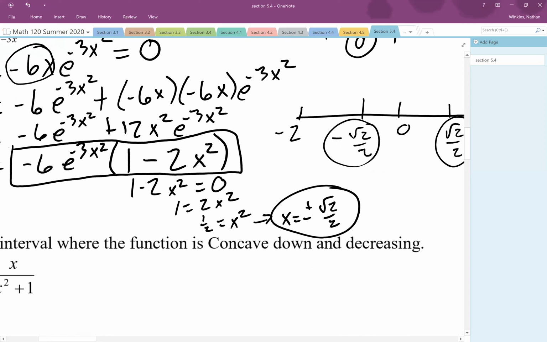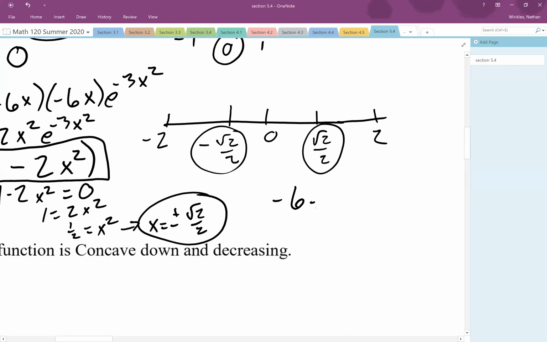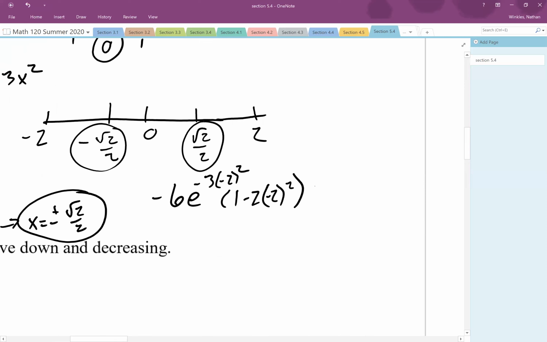We're going to plug in these values to see what we get. So minus 6e to the minus 3 times minus 2 squared times 1 minus 2 times negative 2 squared. So this gives us minus 6e to the minus 12th times 1 minus